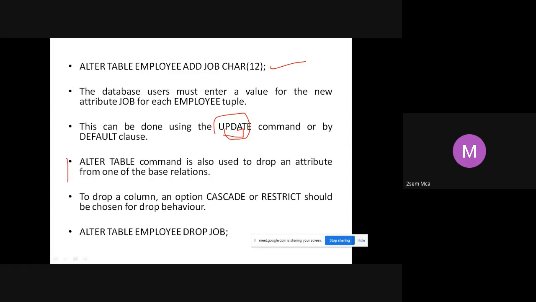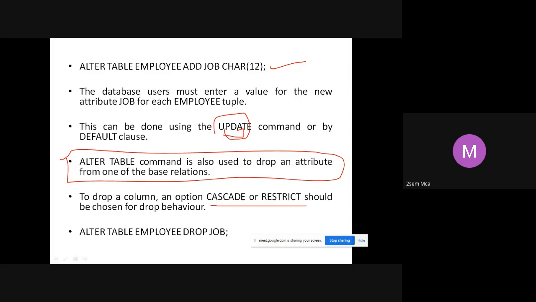You can also use alter table to drop an attribute. All this we have done already. Alter table, table name, drop column name. We can do that. Again, you can choose if you want cascade or restrict. We are trying to drop the column.